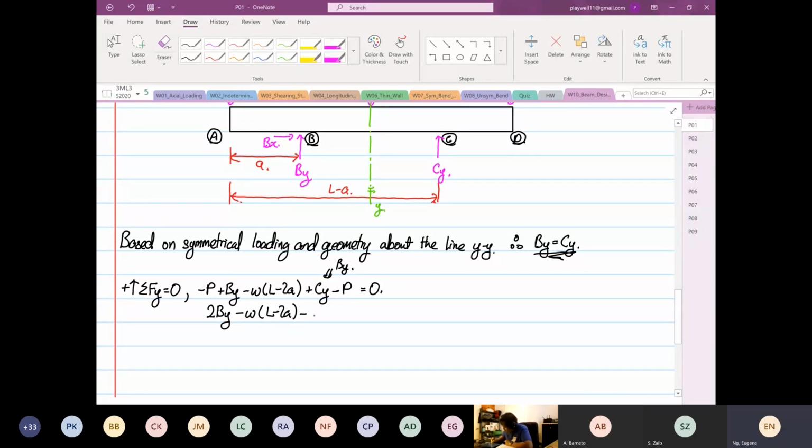Is equal to 0. Okay, so you have By over here is equal to omega over 2 times L minus 2A, and then plus P. Okay. So that is your By, and because By is equal to Cy, so Cy is also equal to that. Okay. So this is